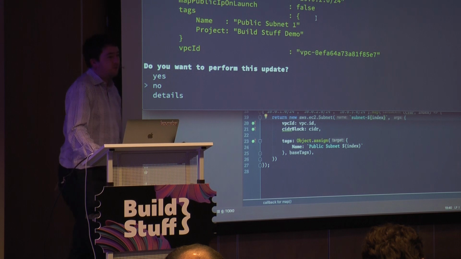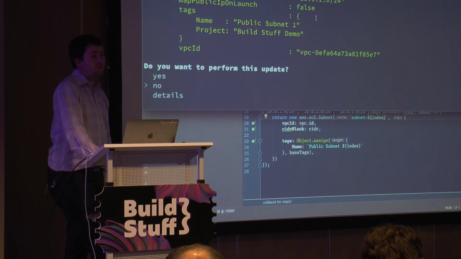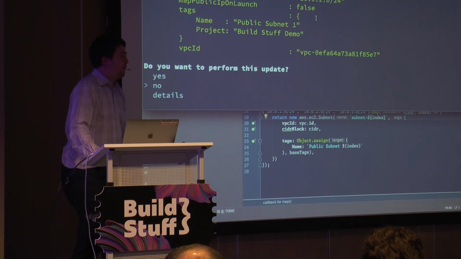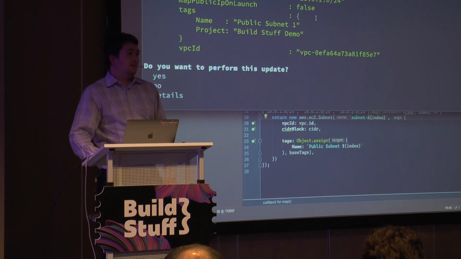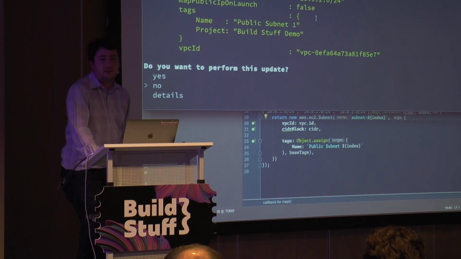So there are some things missing from this. One of the things that's really useful to be able to do is make dynamic queries. So query the state of the world, and then adapt the infrastructure that you're going to provision depending on what your world looks like. An unknown feature of AWS for most people is that availability zones are not sequential and not guaranteed to exist.